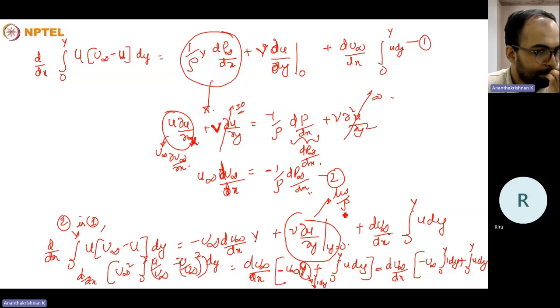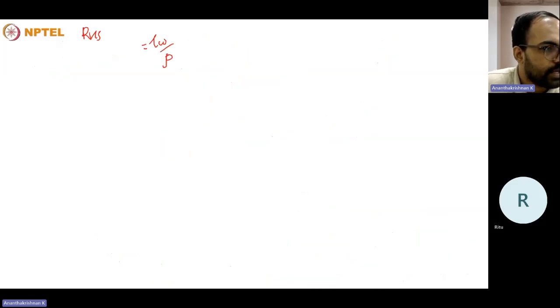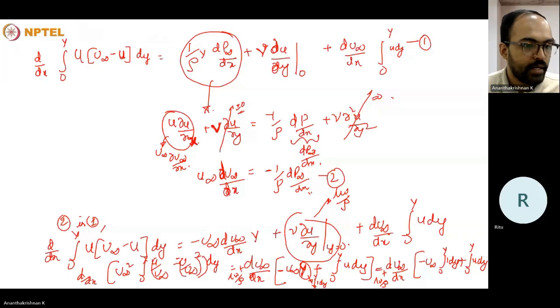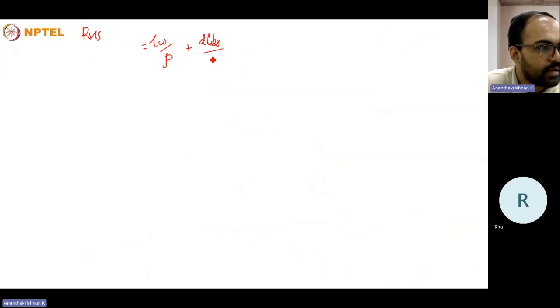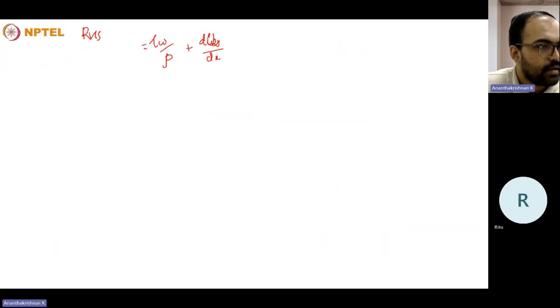So when we take the u infinity term on the right hand side out, there is the additional shear stress by rho term also there. So the RHS will become equal to root of tau rho by rho plus du infinity by dx. I'm just writing the same thing on the right hand side to make it easy for me. Minus